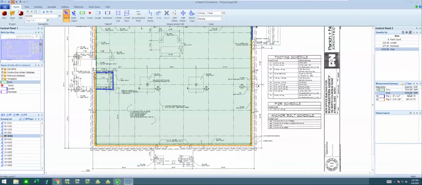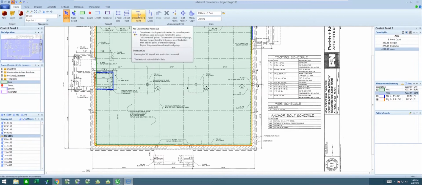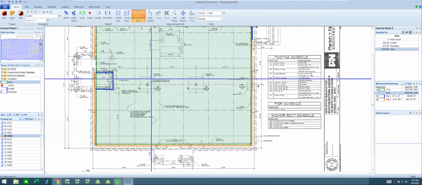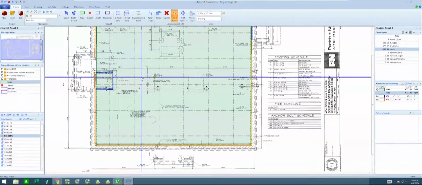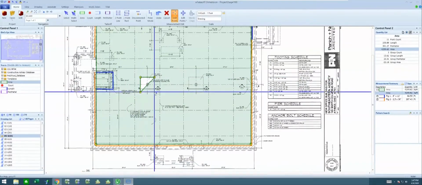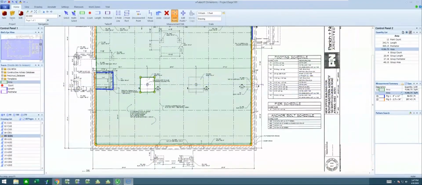So if I look at that, that's 4,200 square foot. And let's say that for some reason these are backed out, so maybe I don't need this area. So I'm going to go ahead and tell it that I want to do a disconnected point, or I'm going to hit the letter G. So at this point, I did that first measurement clockwise. Clockwise is basically positive numbers. Counterclockwise will allow me to do a negative number. So I could go off and basically do that, and now over here, my quantity has actually been reduced by that center area. So very powerful. So that way, maybe if I've got a parking lot, I can take off the whole entire parking lot, come back and deduct the different areas within there.